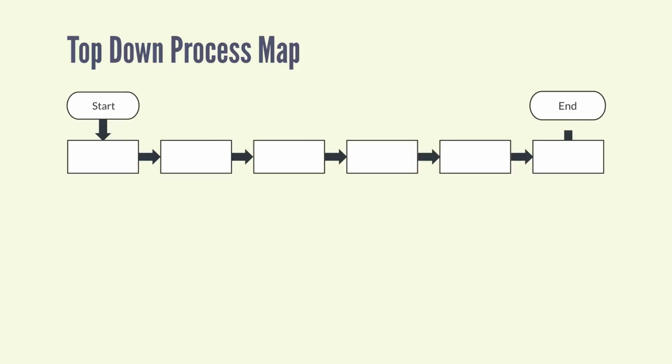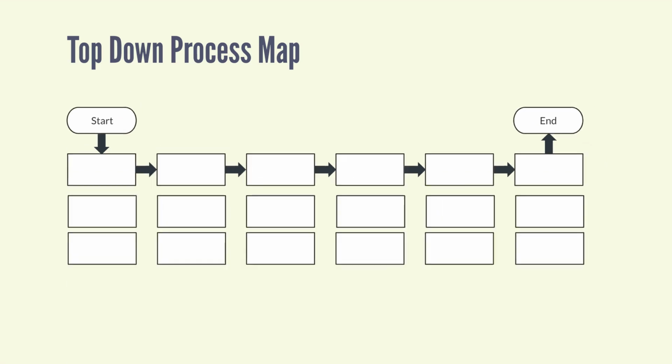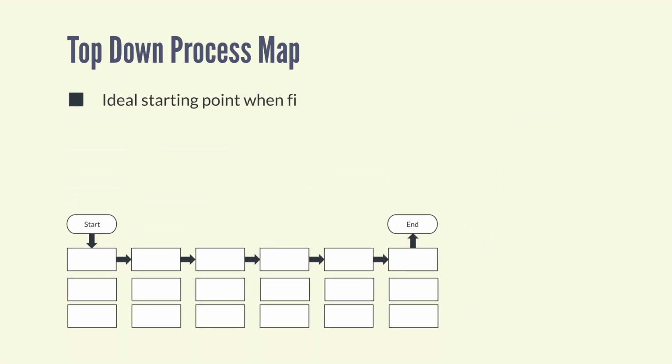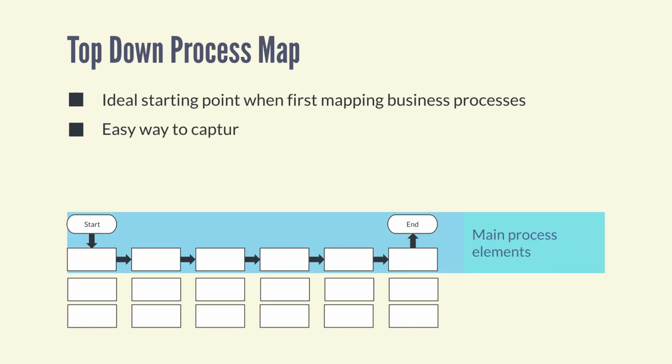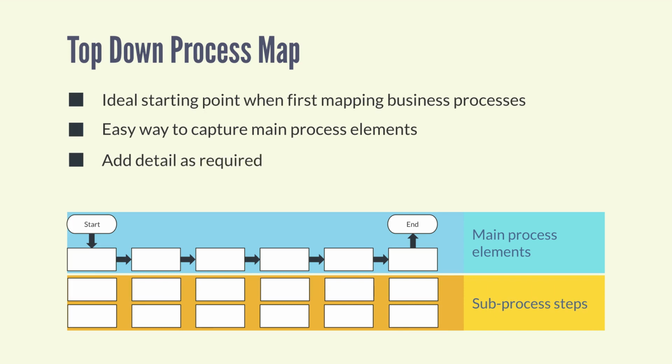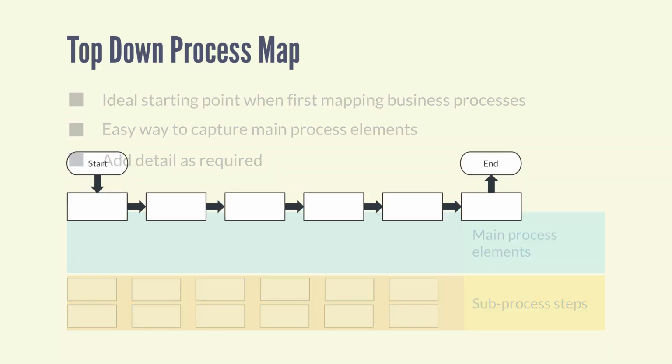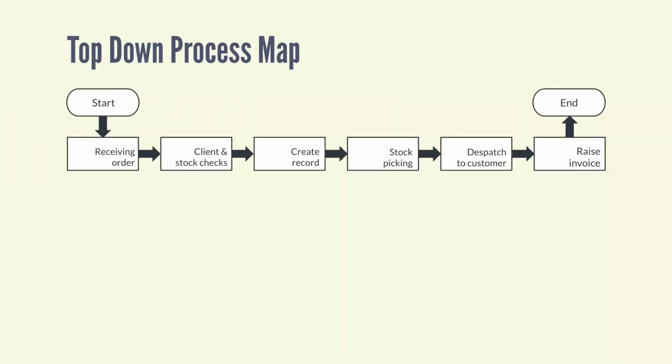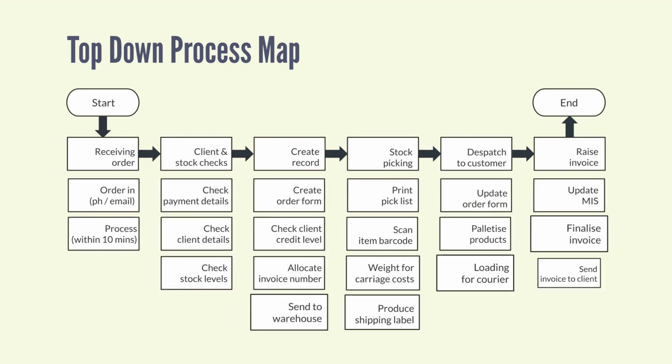Let's start with a top-down process map. This is an ideal starting point when mapping business processes for the first time. It's an easy way to capture the main process elements and add detail as required. When mapping for the first time, it can help to use sticky notes so that steps can be added and reordered as needed. First, identify the key steps required to convert the inputs into outputs, and then below each process,